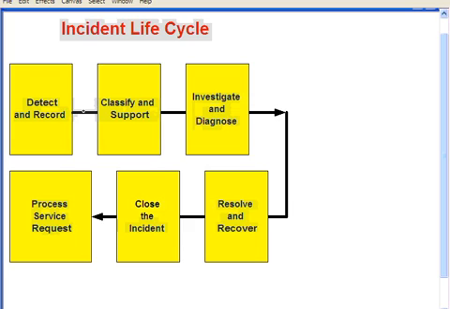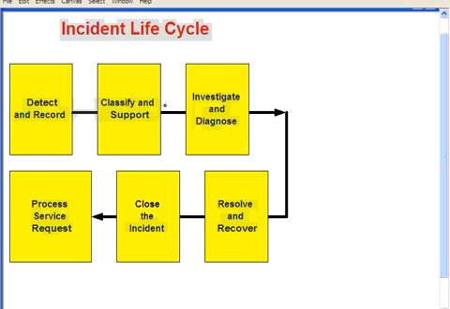The first step in the process is to detect and record. This is the original acceptance of an incident to the service desk, to the first tier. Okay, the incident's detected somehow either through automated software procedures or through a call to the service desk. And at that point, an incident record is going to be created, and of course that's going to go right into a database, maybe an Oracle or a Microsoft SQL Server database. Then in the second step,